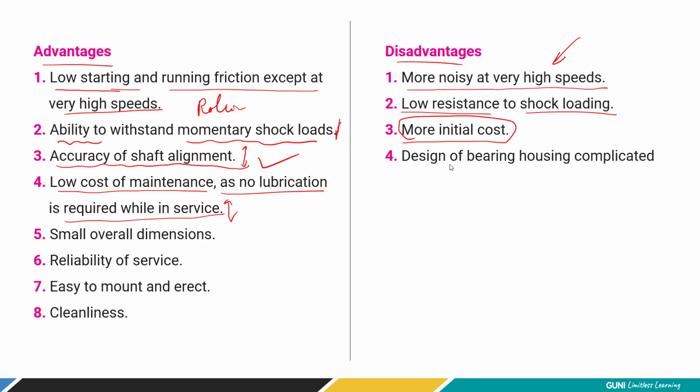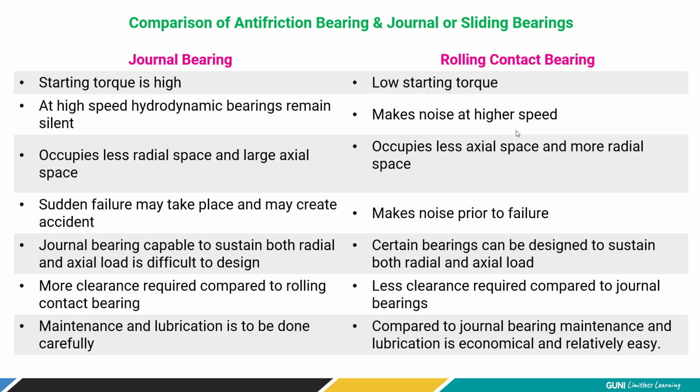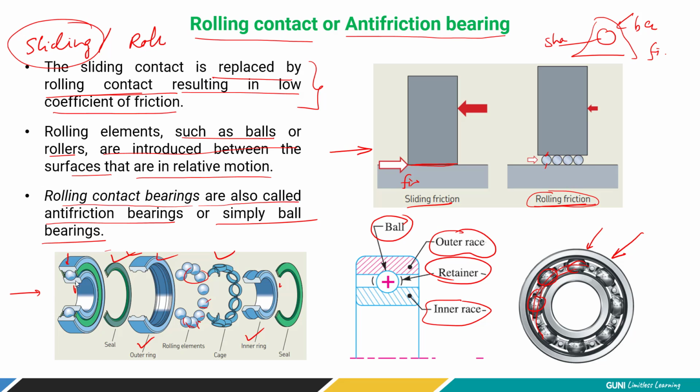Now, because of that, design of the bearing housing is complicated. Just look at the figures based on the inner diameter. Let's say this is the inner diameter. If it has more than 100 or 200 millimeter diameter, then there is the fitting of this bearing in the housing. To have a bearing action, at least the inner ring or outer ring has to be fixed. So fixing is only possible by a housing element, right?